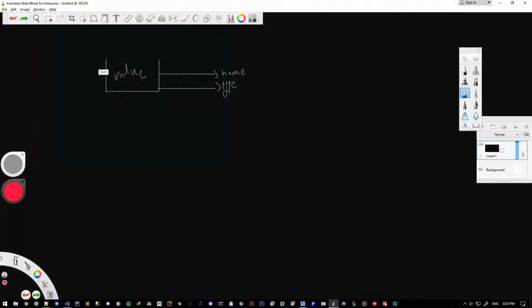So a pointer is nothing but a bigger box, and that's it. Everybody explains it in a different way. It points to the address of the memory. That's all for another video. We don't care about that. A pointer is just a bigger box. Now this bigger box also has a name. This bigger box also has a type. And that's all there is to pointers. There's nothing to be worried about. There's nothing to be scared of.